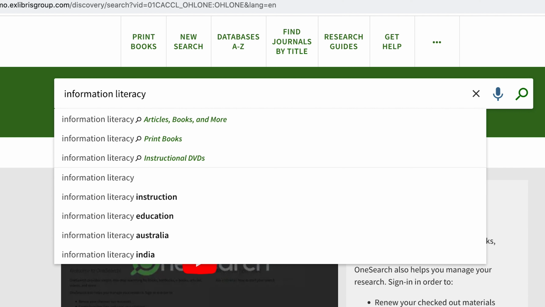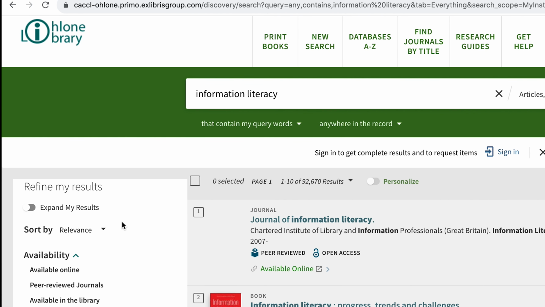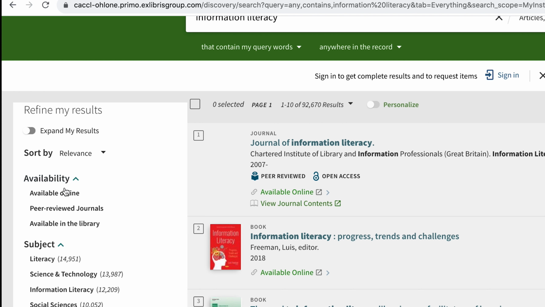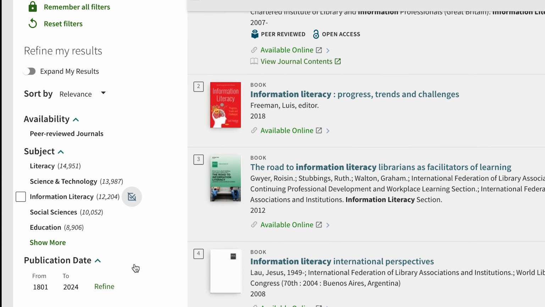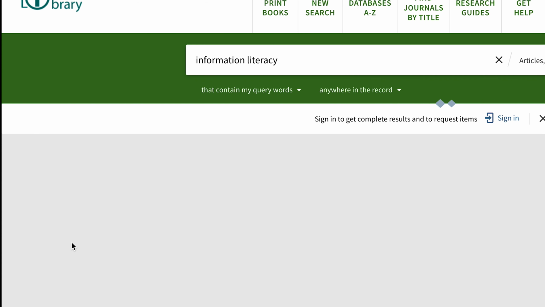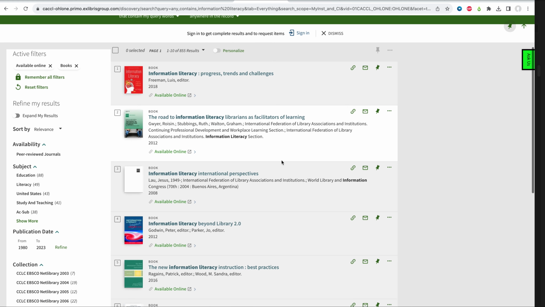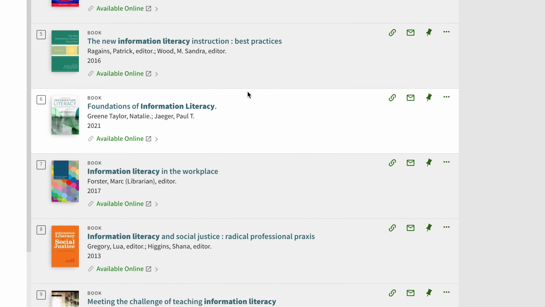And so in this case, I'm going to just search broadly for my subject area, and then I want to limit my search results to just ebooks. And there's 2 limiters I want to apply here over in the refine area to do that. I want results to be materials that are available online, and that takes care of the e part. And then I want the books part under resource type. So now I have results which are all ebooks, and as I'm looking through the list, there is a text